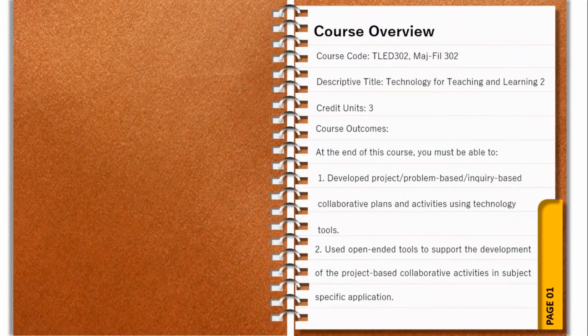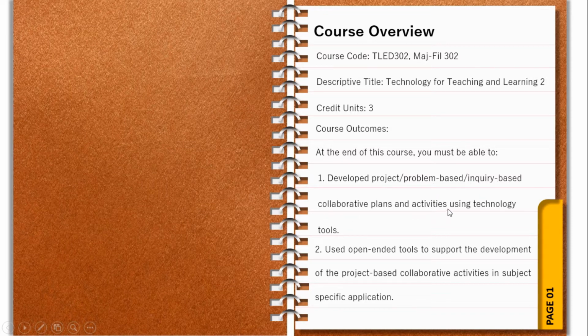Your course code is LED 302 for BTLED students and Module Field 302 for BSED students. And the descriptive title is Technology for Teaching and Learning 2. Credit units: 3. And at the end of the module, you must be able to develop project-based or problem-based or